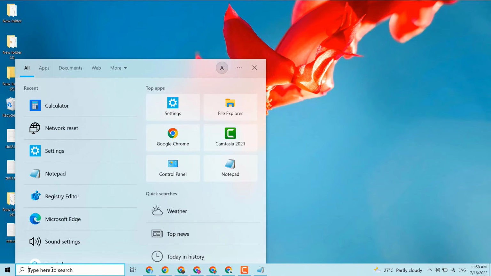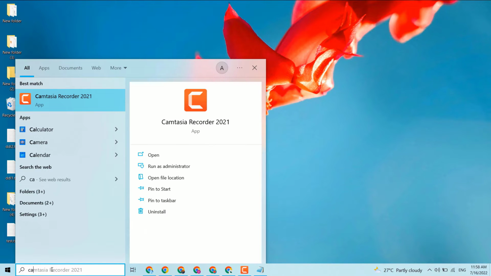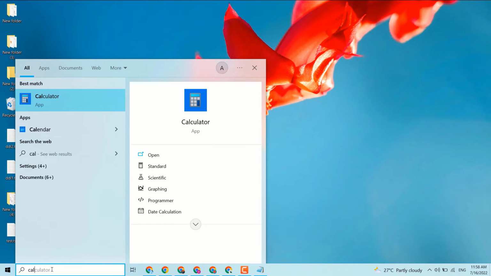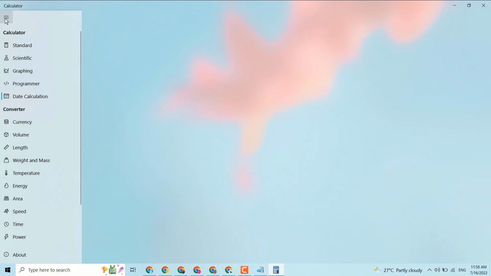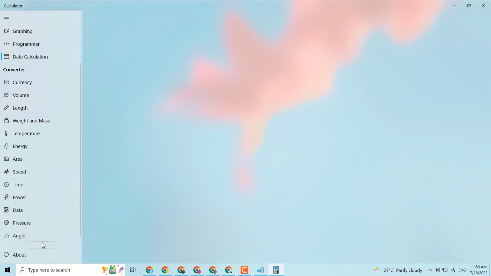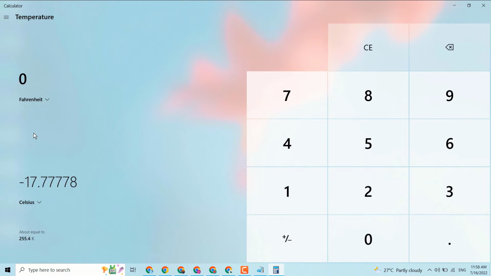Just search here firstly calculator, open it. Now click here. So here you will see a range of tools like temperature,